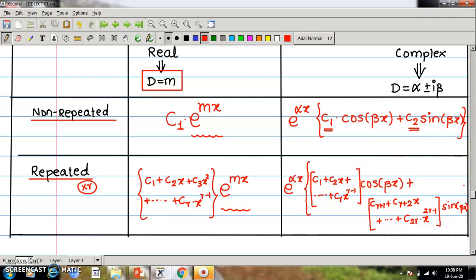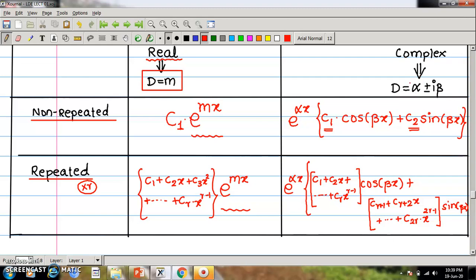So this will be the general summarized table to prepare the complementary function. By using this table, you just need to identify the nature of the root. If it is real and non-repeated, we take only one arbitrary constant for that one root. If the root is repeated and real, just check the multiplicity of the root. The nature of the function will be exponential, and just take a linear combination of that many constants in increasing powers of x. Same is the case with complex roots. Just figure out what is the real and imaginary part.